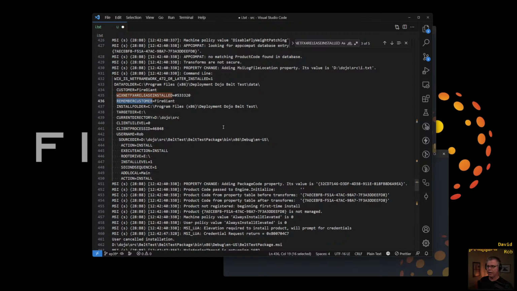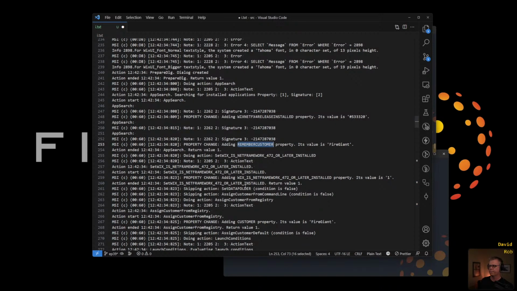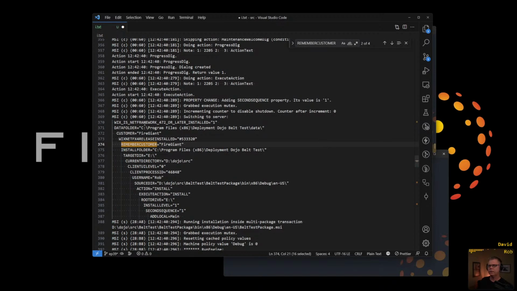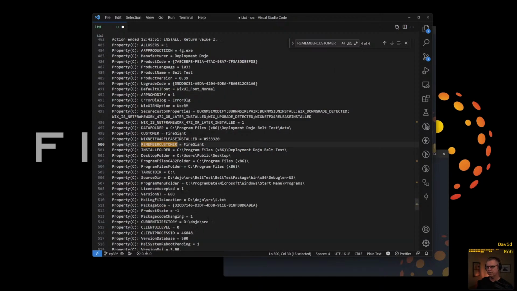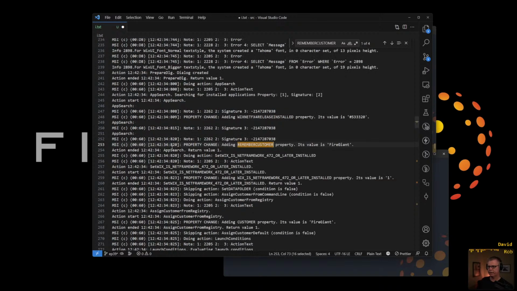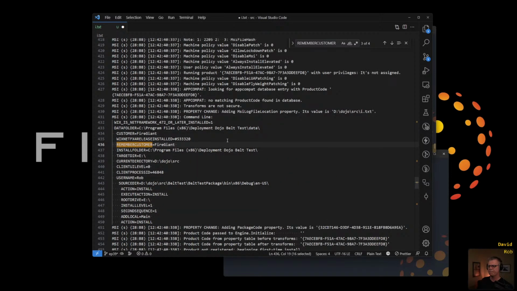Okay, so I'm going to search from the top again, and I'm going to follow along with what remember customer does. All right, so this is the very top. We're on the client side again. This is very useful to know where you're at. I went to the top of the file and searched down, and I see here remember property changed. Its value is fire giant. Okay, that means it must have found it on this machine. That's fine. And then we get to the client side saying, all right, we're going to pass this property across. And then on the server side, it says it's there. And then on the client side, it's there. Yeah. And then I'm back to the top of the file.